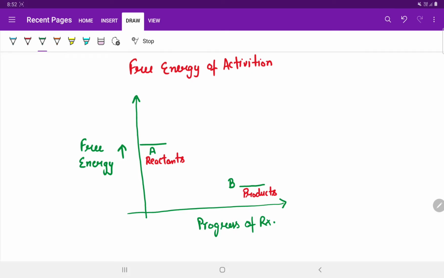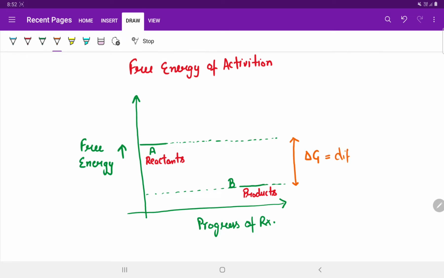So now we can see this energy gap, or the difference in the free energy between the reactants and products. So students, this is the delta G value, or the Gibbs free energy,